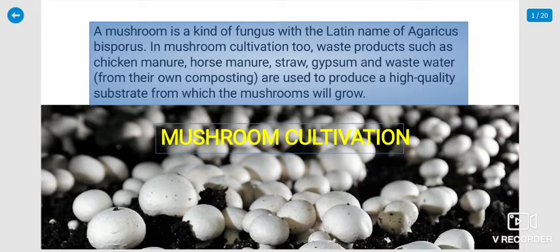In mushroom cultivation, waste products such as chicken manure, horse manure, straw, gypsum, and wastewater from their own composting are used to produce a high quality substrate from which the mushrooms will grow. So 100%